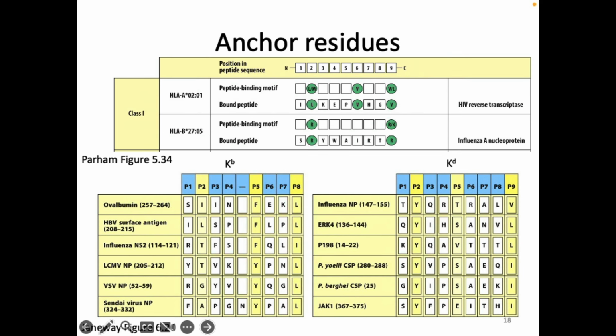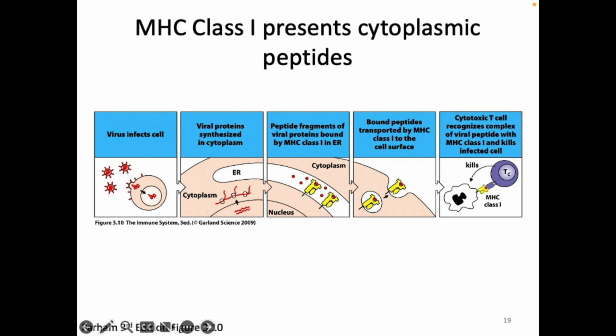So, actually, honestly, really relating to both questions that you guys have asked, there are some other key things we need to know about MHC class 1. One of them is that MHC class 1 is getting its peptides from the cytoplasm of the infected cell. So, Juliana asked about who is doing this. It's the infected cell, and specifically, these peptides are coming from the cytoplasm. So we're doing surveillance of the cytoplasm with MHC class